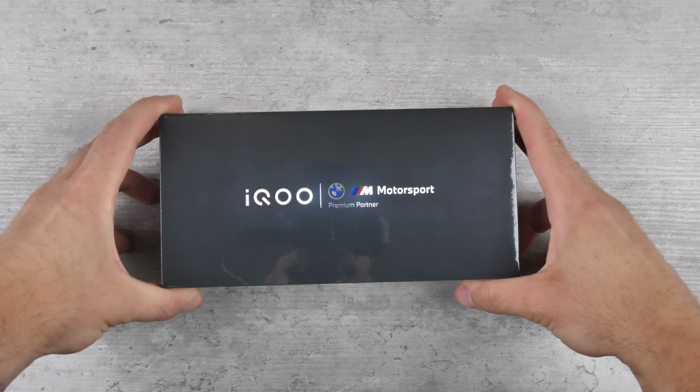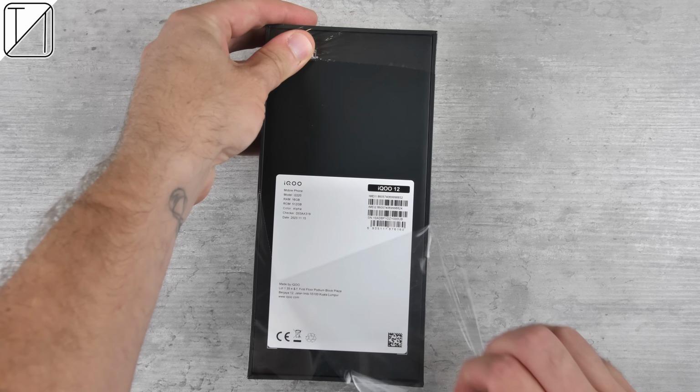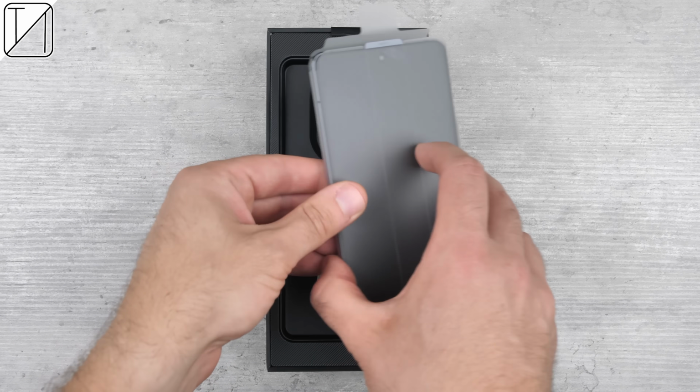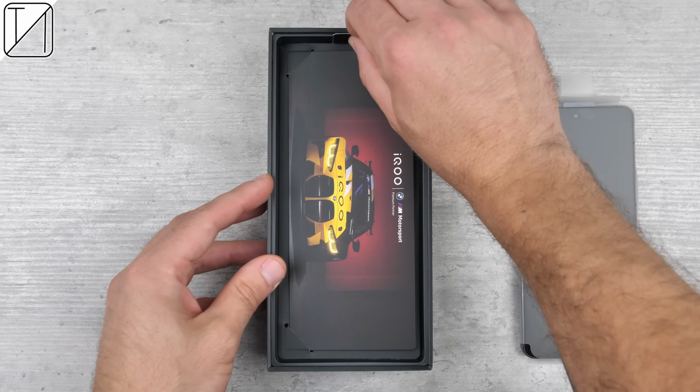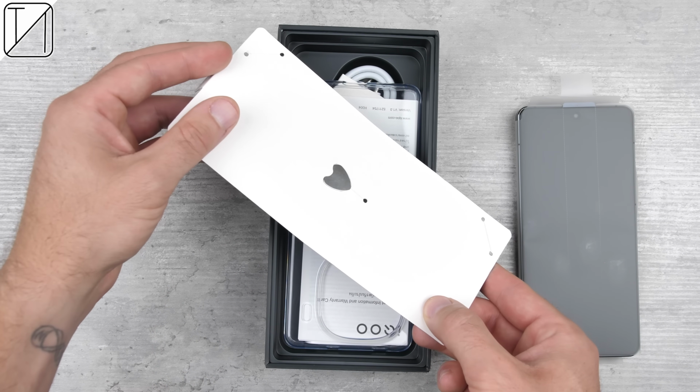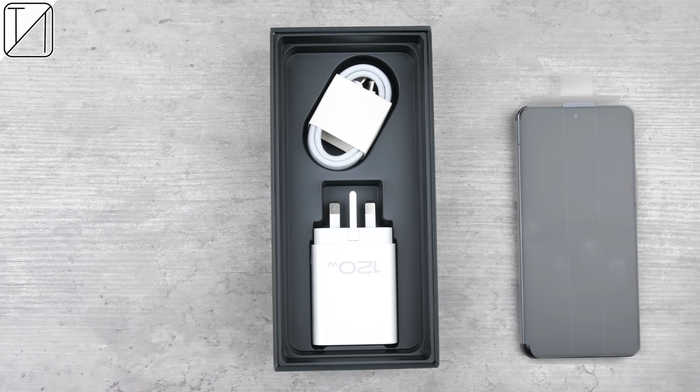Not only is the iQOO 12 the first Snapdragon 8 Gen 3 powered smartphone to launch in the global market, but it is iQOO's best ever flagship in terms of camera performance. They have made some major improvements to their camera system this year thanks to a much larger main camera, a high-res ultra-wide sensor, and have now finally added in a flagship level periscope telephoto camera. It has a lot more going for it than just camera and performance though, and I can't wait to get